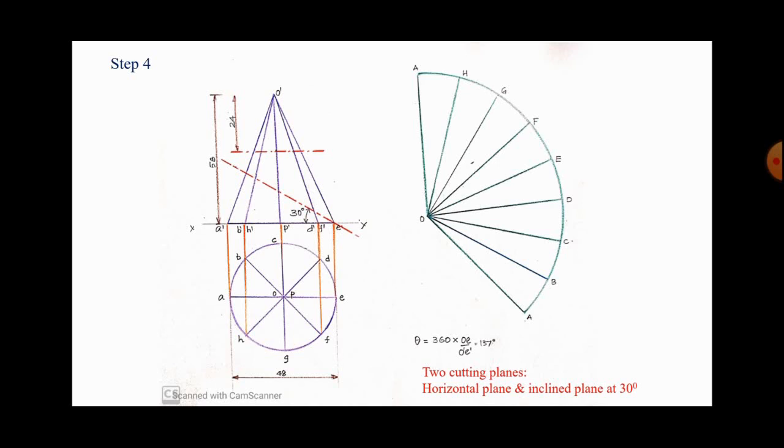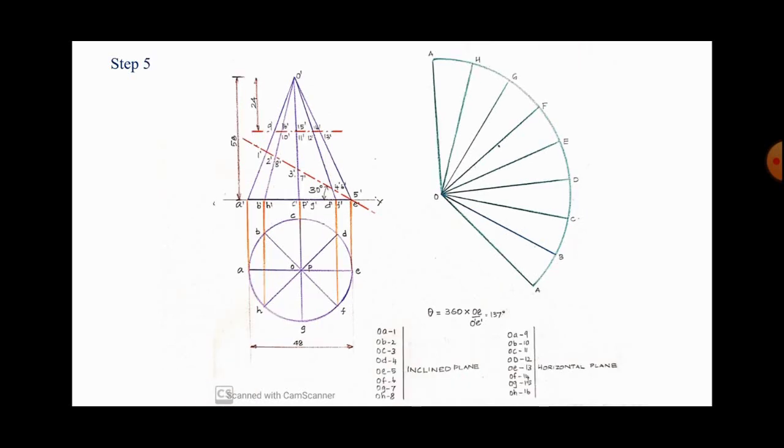So now it is very clear, we have the developed surface of the cone and also the two cutting planes. So in the next step, you have to name the cutting points. First I am naming the inclined plane. Inclined plane, as you can see, I specified the names in detail: OA1, OB2, OC3, OD4, OE5, OF6,